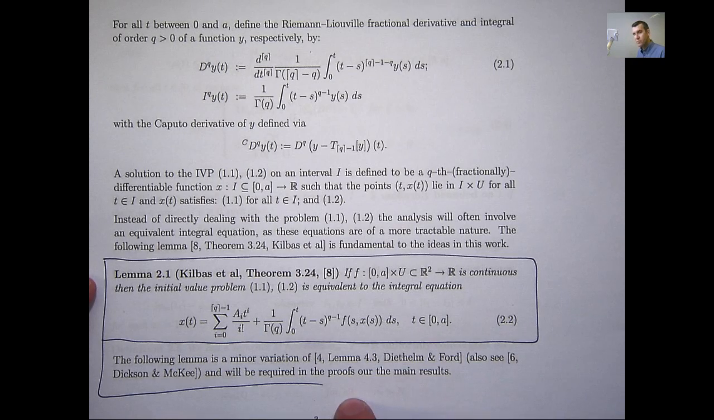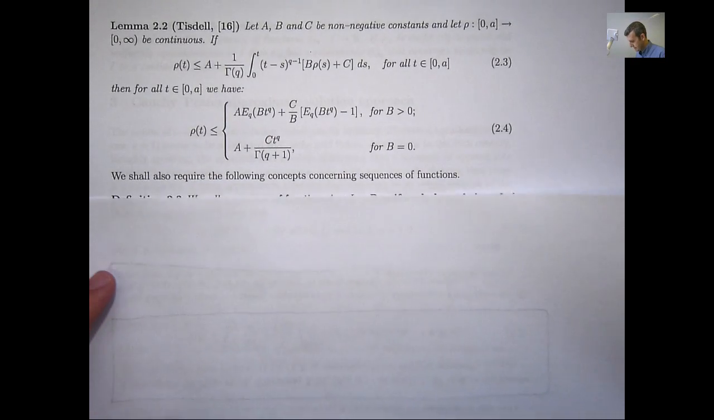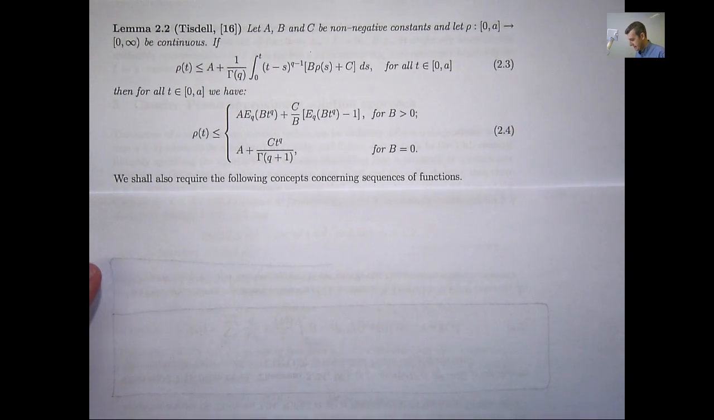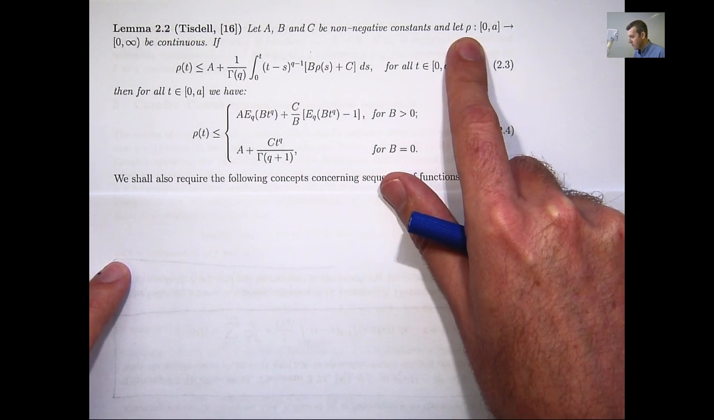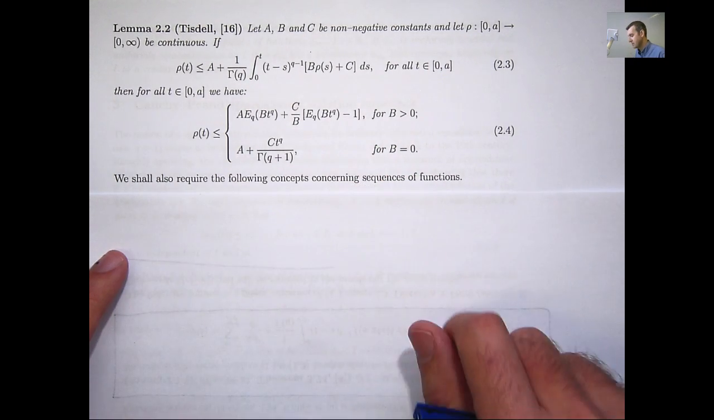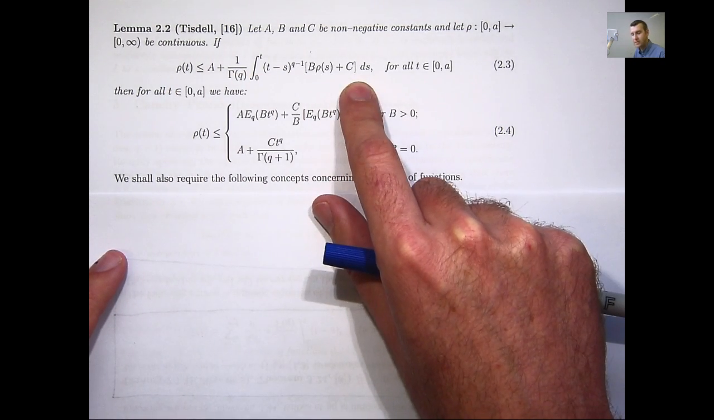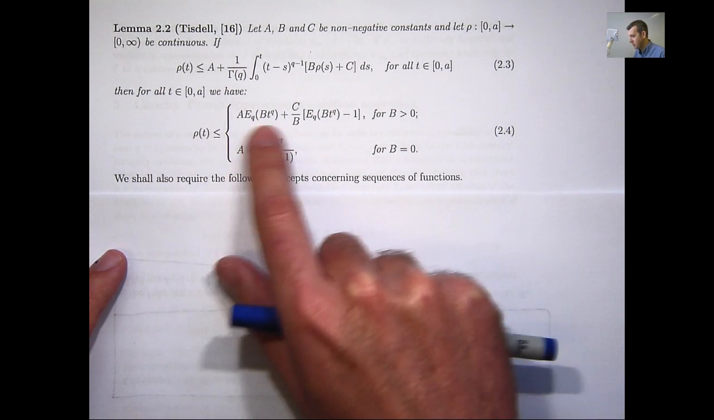Okay, well, we'll still need a few more little results. The following result is essentially a minor variation of one of the lemmas of Diethelm-Ford. Essentially, this is a general Gronwall inequality. Let A, B and C be non-negative constants, and let ρ be non-negative and continuous. If ρ satisfies this kind of integral condition on this interval, then on that interval we have the following inequality